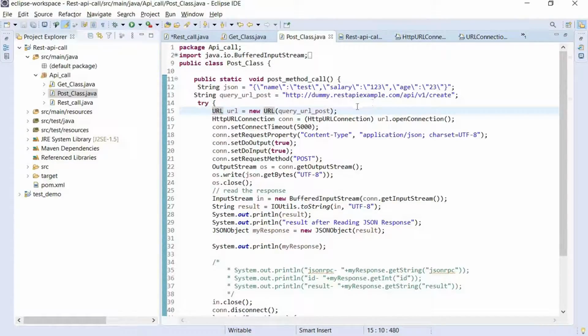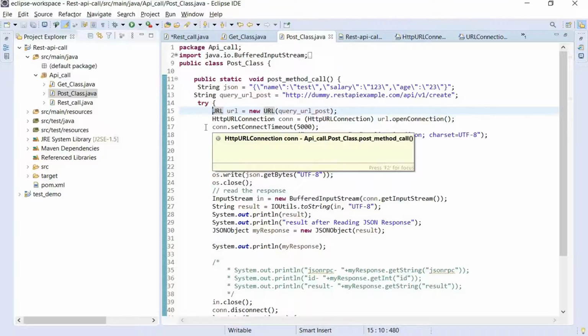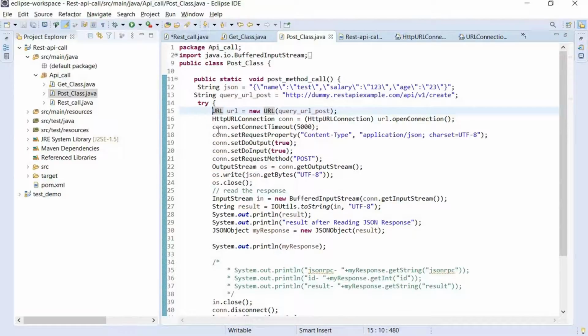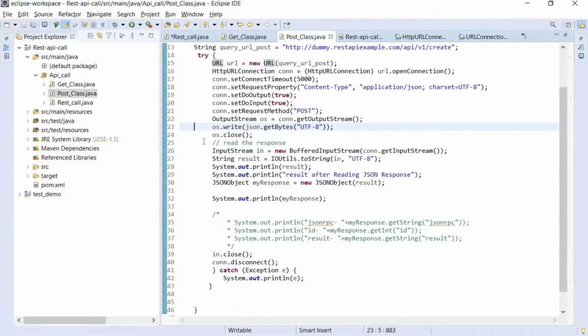Here we are going to create our URL object, and in the URL object we are going to pass our endpoint, and we are going to create a connection for that URL, setting timeout as 5000, request property as application/JSON, and charset equal to UTF-8. We are setting our method as post, and we are creating an output stream to write our JSON data.